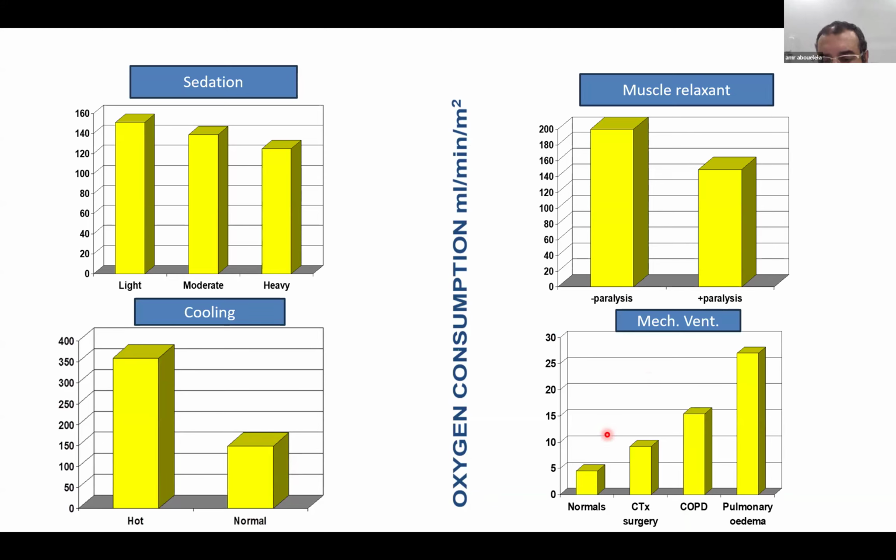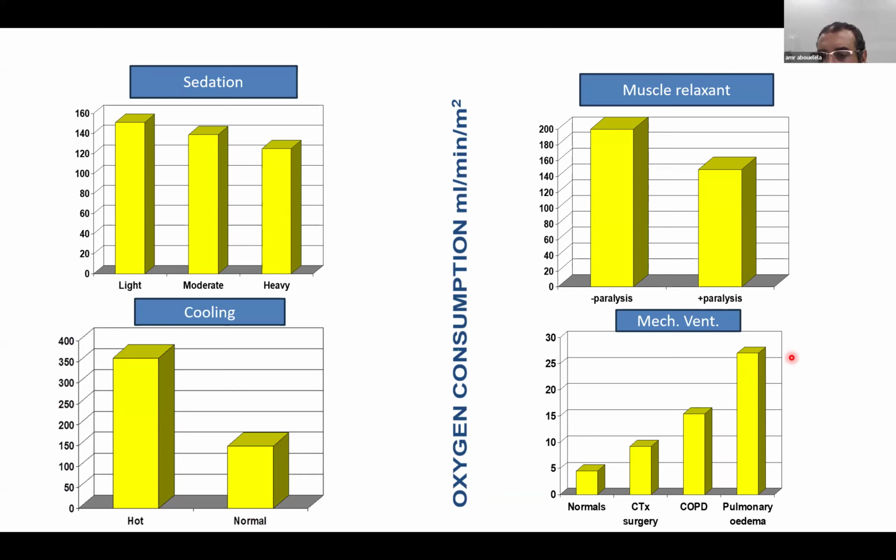This is a comparison of the oxygen delivery or oxygen consumption by the respiratory muscles and diaphragm in a normal person, which is around 5%. During stress or surgery, it reaches up to 10%, in COPD up to 15%, and in pulmonary edema up to 25%. Let's imagine that during shock, due to a physiological derangement, the oxygen delivery to the respiratory muscles will reach up to 50%. So it's very important: if you can sedate your patient and start mechanical ventilation, you will